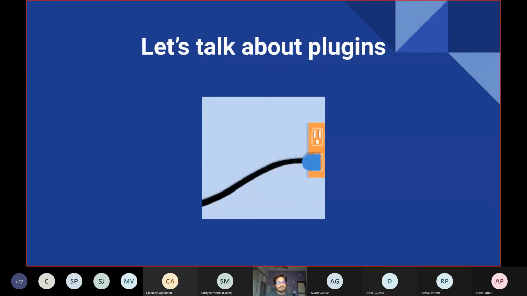But Kibana is open source, right? And you can develop your own plugins for it to enhance its functionality. So let's talk a little bit about plugins, and then I want to showcase how we ended up developing a plugin for Kibana and making it available as open source software. OK,